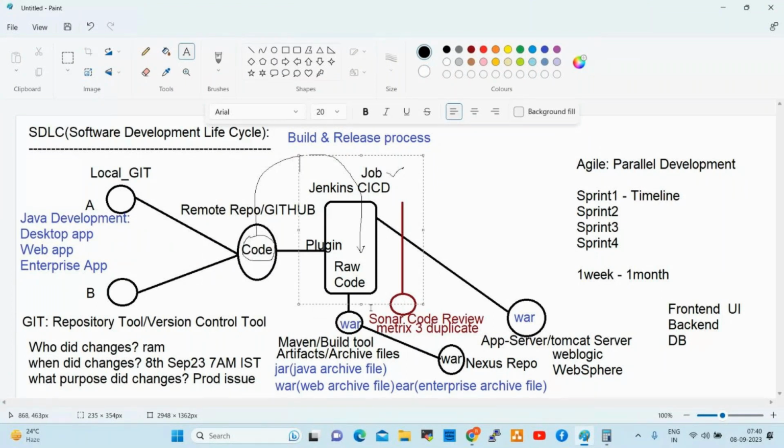Whatever popular tools there are, we have in our course content. For example, in place of Jenkins we can use TeamCity also, but 70% of the project teams are using Jenkins. If you understand Jenkins you can handle any CI/CD tool, right?